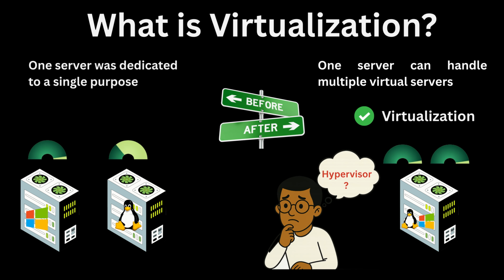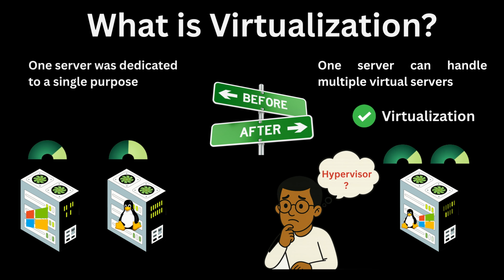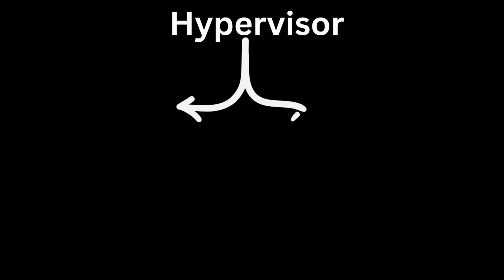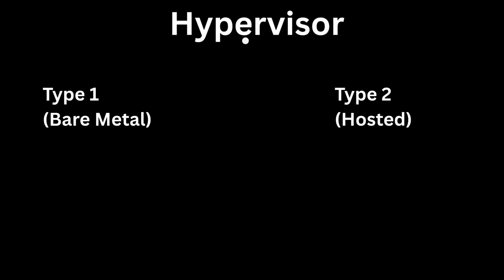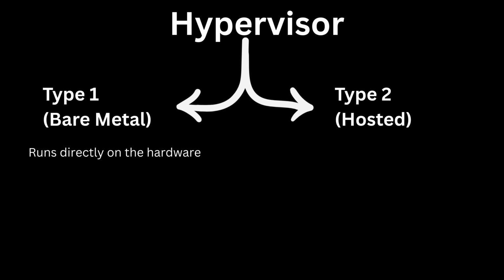To enable the virtualization, first of all we need to install a software called Hypervisor. Hypervisors are divided into two main categories, Type 1 hypervisor and Type 2 hypervisors. These are also known as bare metal hypervisors and hosted hypervisors. When there is no operating system installed and we want to install the hypervisor directly on the hardware, in that case we use a bare metal hypervisor. For an example, VMware ESXi.